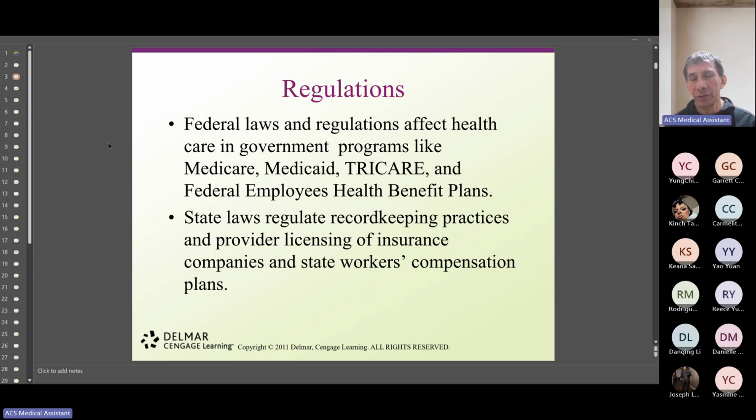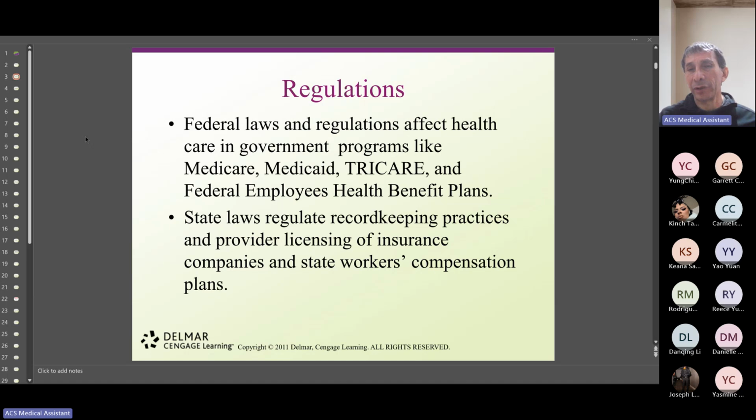So it's very important to understand that it's not just a federal level, meaning a national level, but it's also a state-wide level. States have their own regulations. So they are very close to us because they are here in the state. Every single state has its own rules and regulations and how to deal with all these claims and reimbursement and coding and billing and all the stuff. So that's basically what it is.